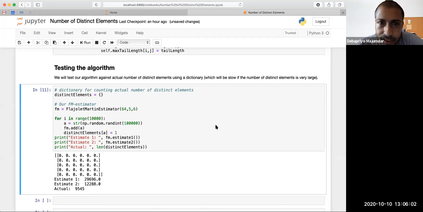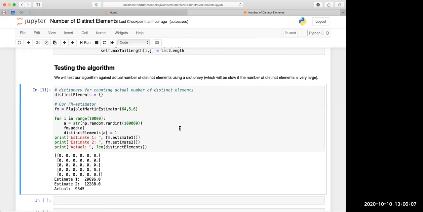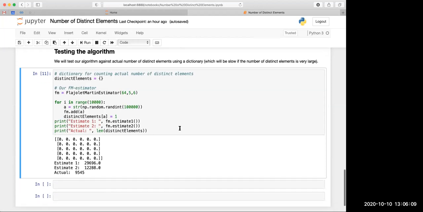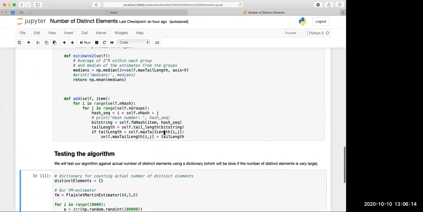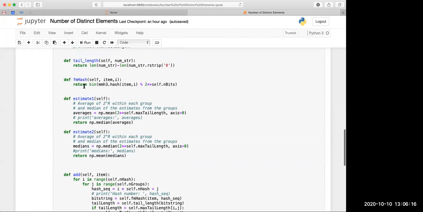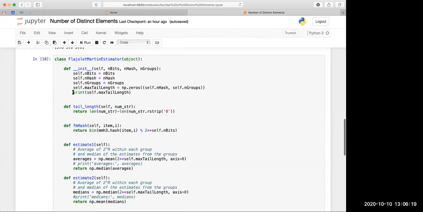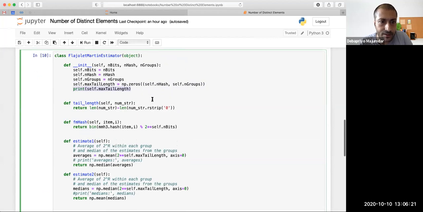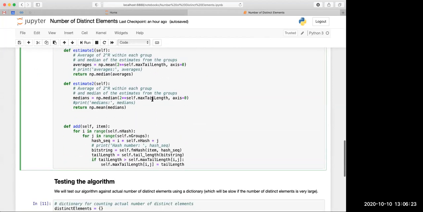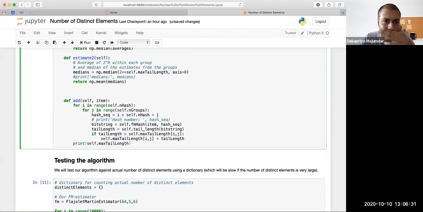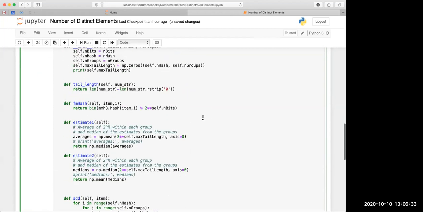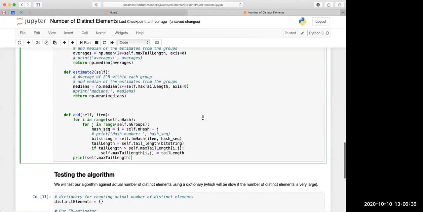Rishi has a question. Rishi and Arnav both have questions. Sir, please print the matrix after the loop is complete. Yes, let's do that. Let's print the matrix in both estimates. No, one estimate is enough. So after the loop is complete, if I print it here, that should be all right. No, sir, I also want to see the testing algorithm part.